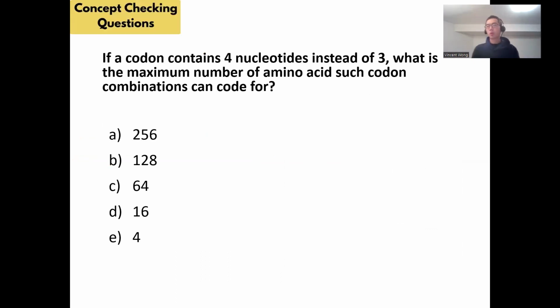Let's take a look at this poll question. If a codon contains 4 nucleotides instead of 3, what is the maximum number of amino acid codon combinations such codons can code for? So 256. Exactly, very good, thank you. So you just put 4 blanks, and it's 4 choices for each blank: A, C, U, or G. And then you multiply them together,